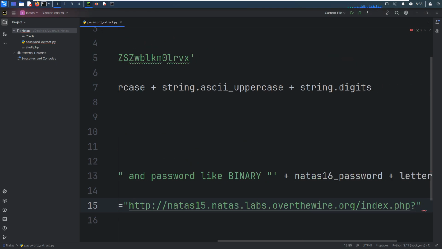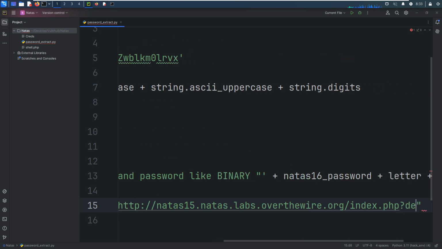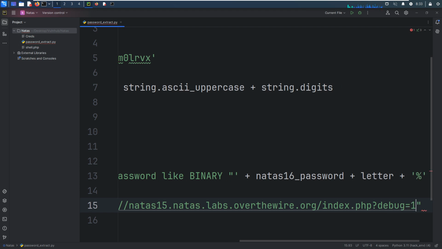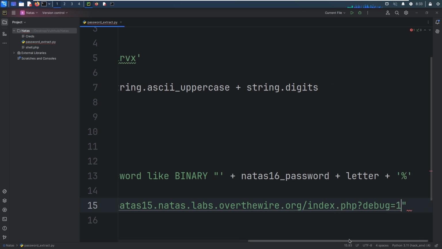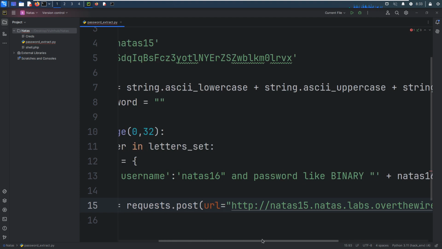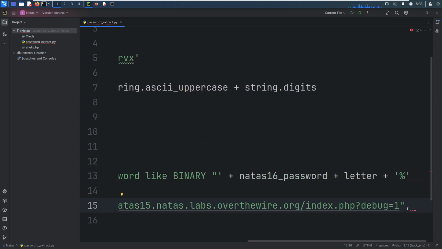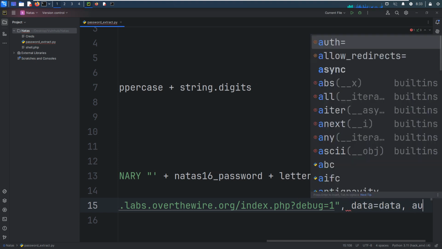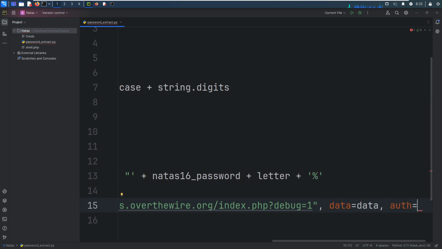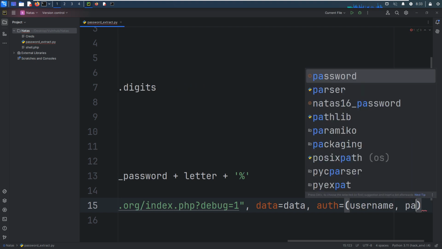And also if we want, we can pass the debug parameter as 1. I think this will not affect our testing. And then data should be data, and also the auth should be username and password.